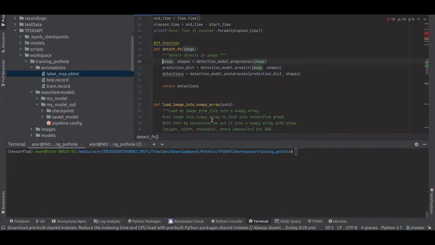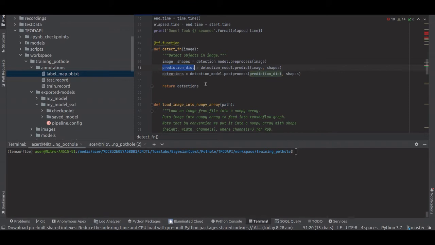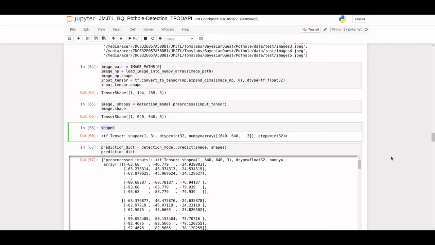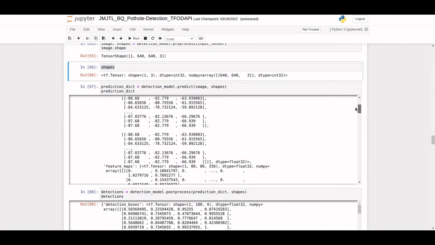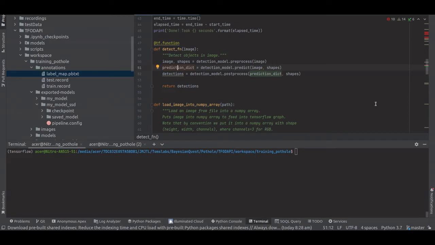Now these two objects are passed into a prediction dictionary. This is where you do a prediction. This prediction dictionary is in a specific format like this, where for each of those you have a complete array with all those predicted values. Now this has to be converted into our bounding boxes and the number of detections, and that is done through the post process. What the post process does is it takes this dictionary, which is these pre-processed inputs, along with so many other things, feature maps and so many other things. These are part of how the outputs are, and it takes that and